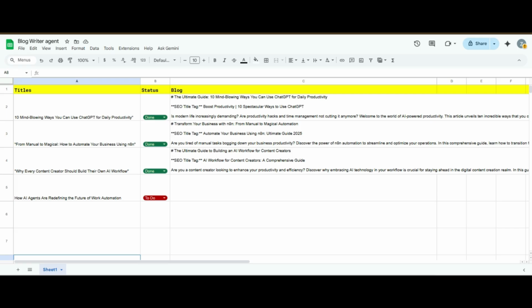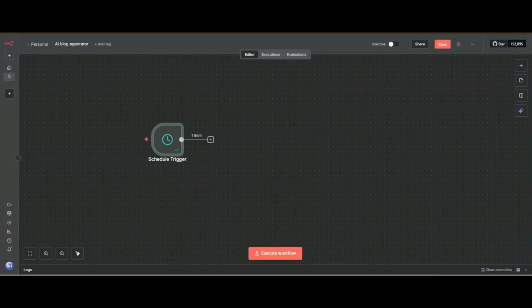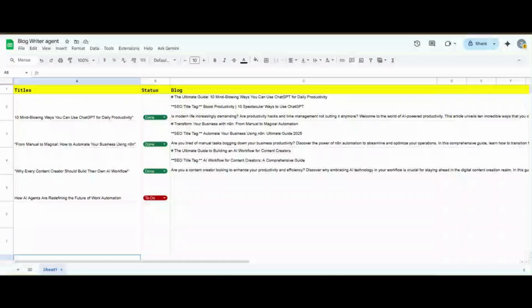If you are creating an agent and you want to schedule 30 days of titles, you want it to retrieve only one title at a time, because you want to write only one blog post at a time. You also want to retrieve the titles line by line.